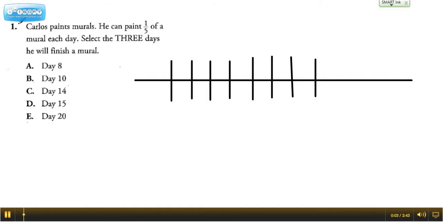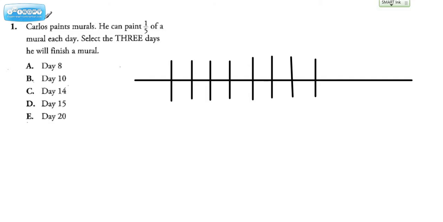We're taking a look at question number 1 from L14. Carlos paints murals. He can paint 1/5 of a mural each day. Select the 3 days he will finish a mural. So that means he doesn't have one that's partially done. It's completely done. One way that we might look at to organize our thinking for this is to set this